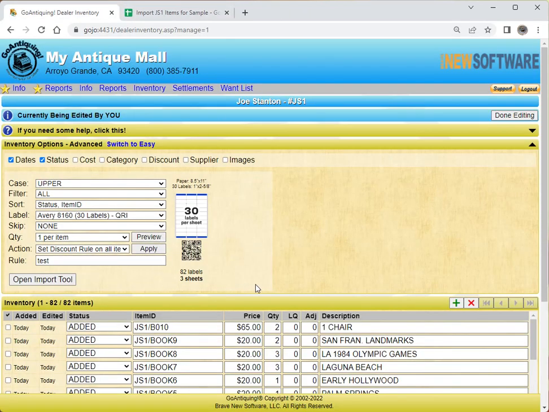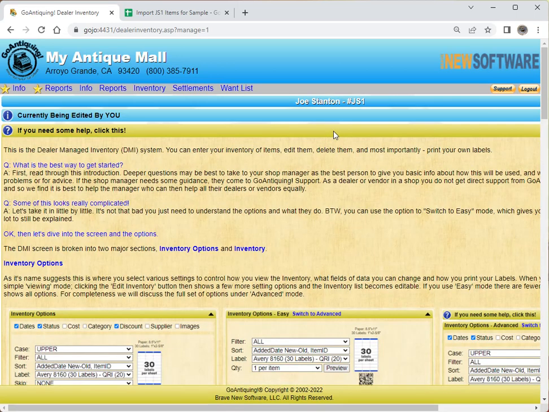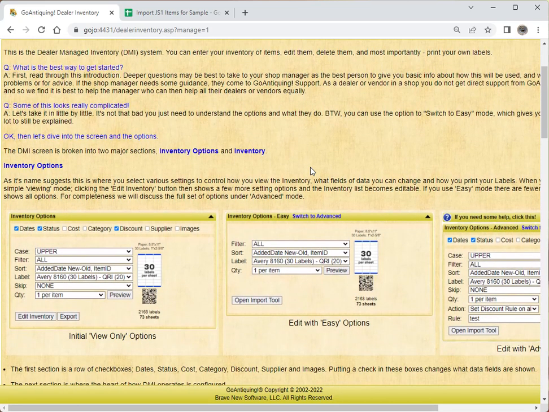You know, this has been a very quick walkthrough of the system, but hopefully it's enough to get you started. And there's also this little help thing. I think I showed that at the beginning of the video, but here it is again. You can just go through here and read some of the help information. It may be helpful for you to